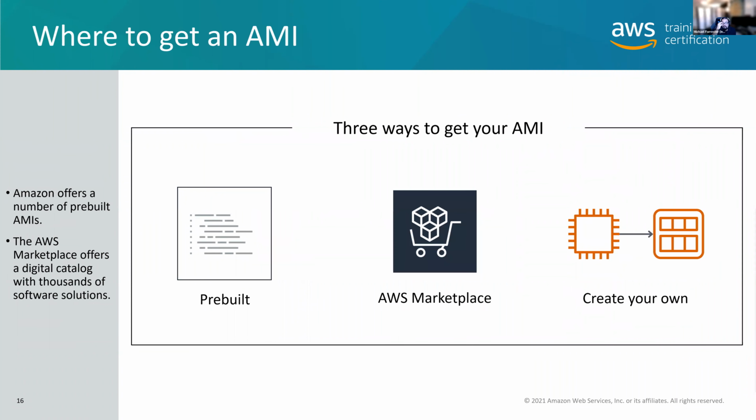Now you can pre-build them. You can grab them off the marketplace. You can roll your own. Most enterprises roll their own images. First of all, they definitely don't use community images, which isn't even listed here. They don't necessarily buy a third party, which is what the marketplace is, and they don't use Amazon's pre-built images per se. Sometimes they will, but only if they've modified it with some kind of CIS scanner to make sure it meets compliance. But just so you know, most enterprises roll their own AMIs. Again, Linux, Windows, Mac OS.